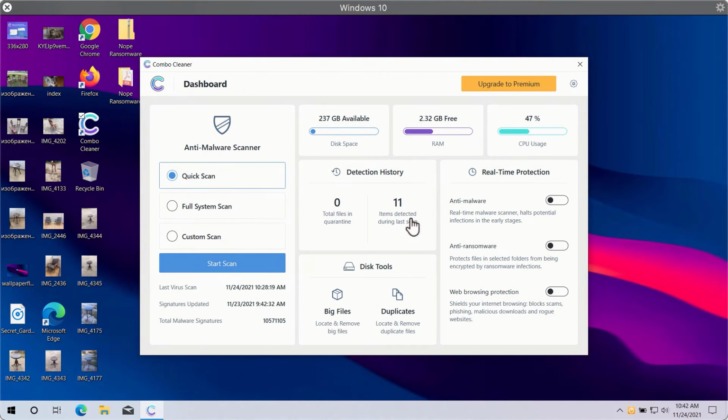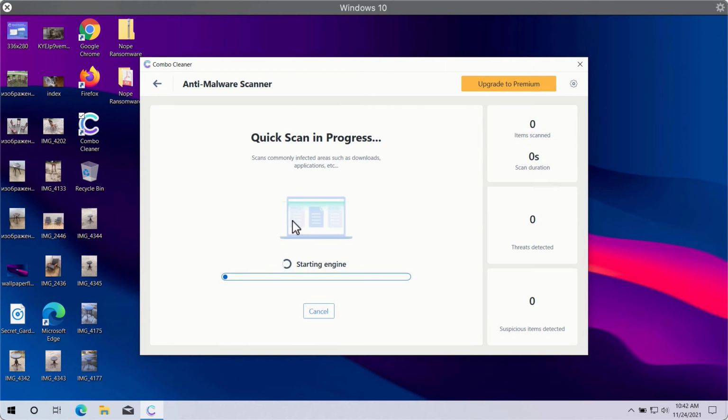your device. After you successfully download and install Combo Cleaner Antivirus, you will need to select your preferred scan type. In fact, there are 3 scan types available. They are Quick Scan, Full System Scan, and Custom Scan. However, Quick Scan is only available in the trial version, whereas the premium version gives you full system scan and custom scan option. So you need to click on the Start Scan button in order to let Combo Cleaner begin the scan